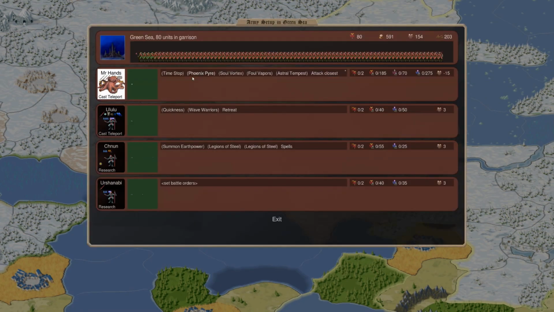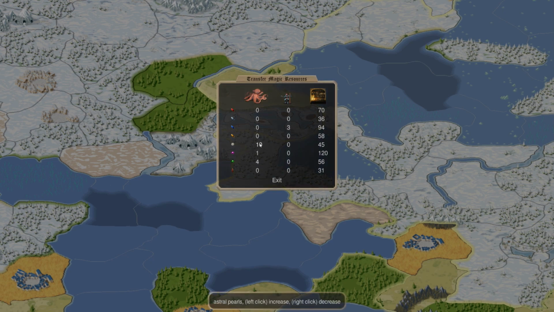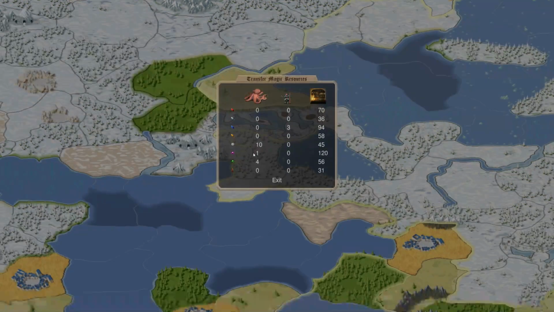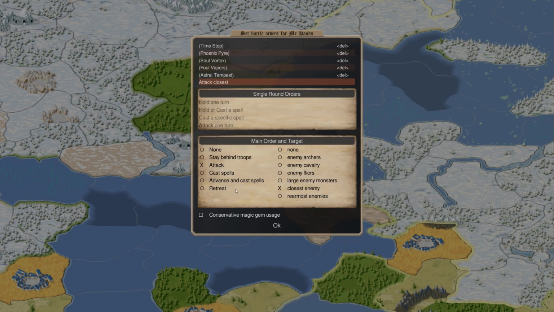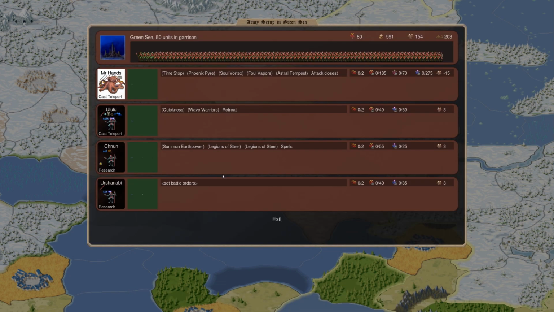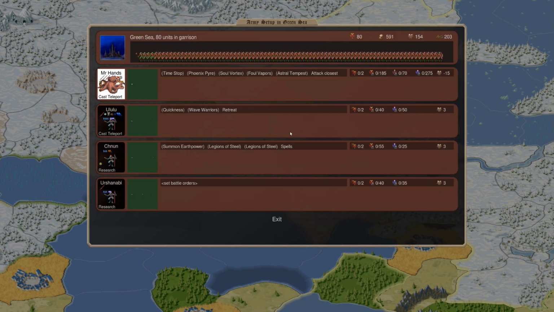So we'll just make sure we have a ton of Astral. Like, let's give you 10. And then no conservative gem use. Just go crazy. Go hog wild. Give you another fire gem too. Use that. So...